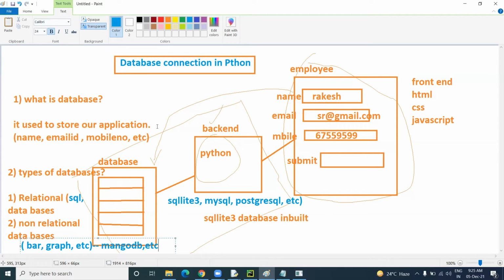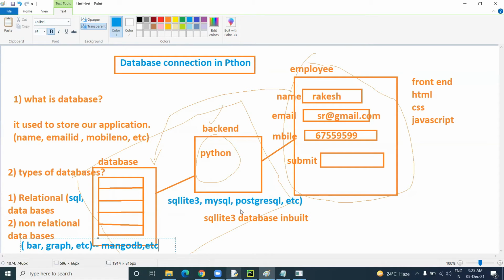So we are also discussing the MySQL database, so that once you know MySQL, you can easily use any other relational database. The only thing is we need to know about MySQL. Let's see what MySQL is, how to install it, and after that, how to create a database. We'll see all the steps one by one.